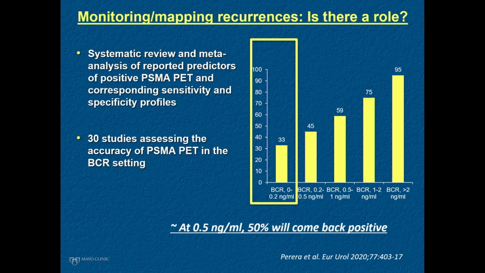As you've seen, the performance accuracy of a PSMA PET scan is highly dependent on the PSA level, especially when it comes to patients with biochemical recurrence, because we have hopefully a pure PSA after the prostate's been removed. One thing that I tell our residents and fellows, if you remember one thing, just remember at a PSA of 0.5, you detect something on the PET scan about 50% of the time. So a take home: 0.5, 50%.